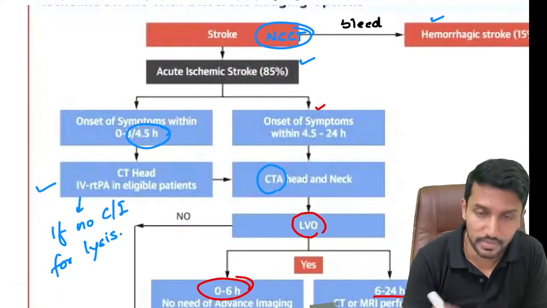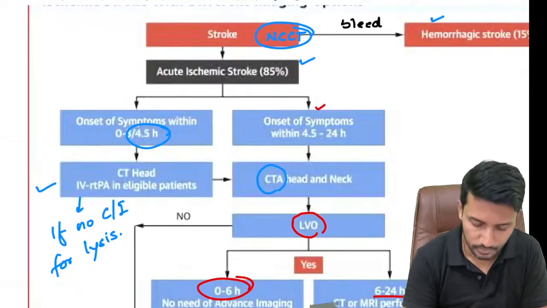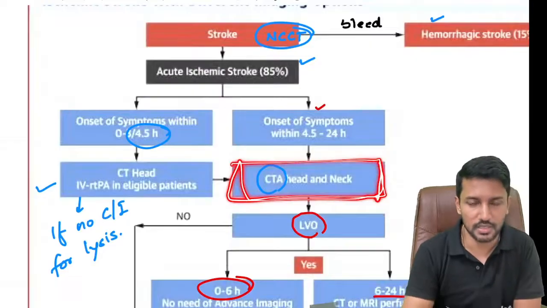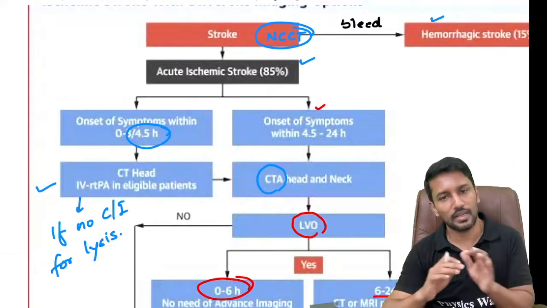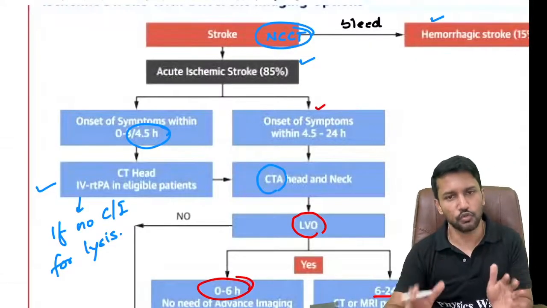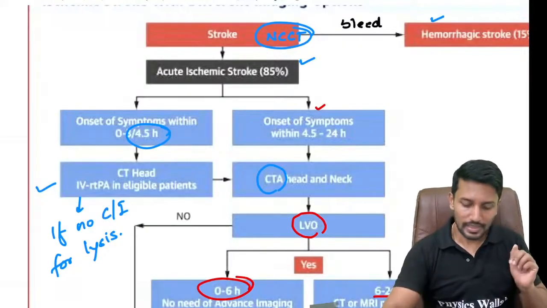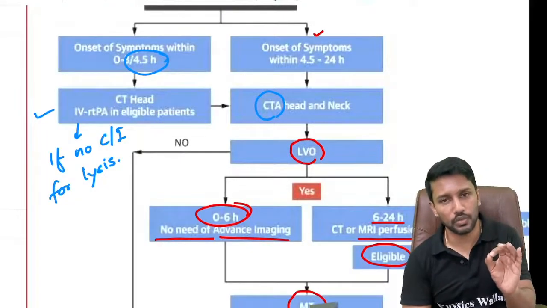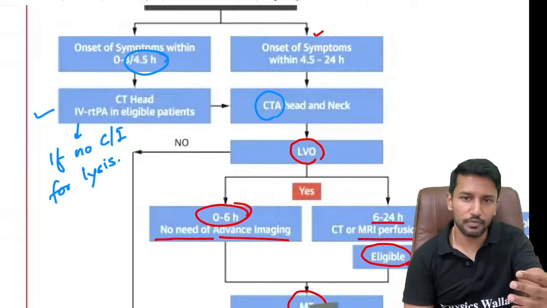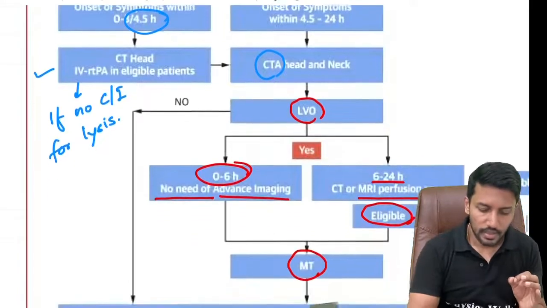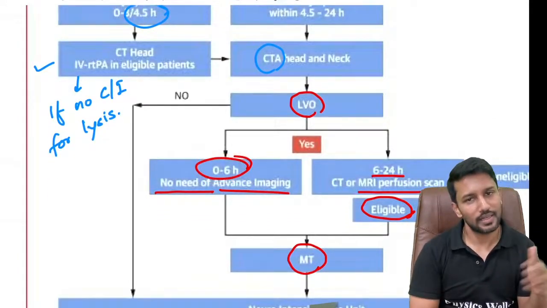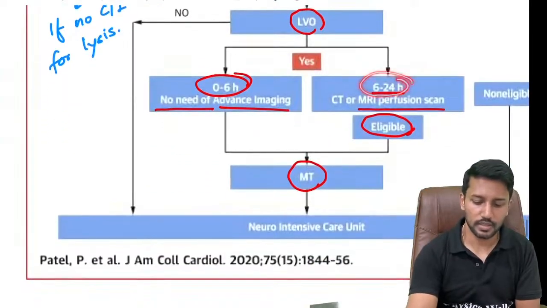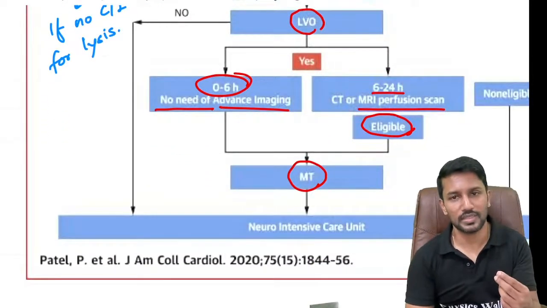There also we have to decide whether there is an occlusion in the large vessel. So CT angiogram becomes the bedrock of investigation after normal CT scan in any patient with ischemic stroke for the first 24 hours. Because that will tell me whether there is a large vessel occlusion or not. And whoever has a large vessel occlusion becomes an eligible candidate for the mechanical thrombectomy. If they are presented within 6 hours, then directly go ahead and do a mechanical thrombectomy. If they are presented 6 to 24 hours later, we have to consider MRI perfusion scan to see if there is